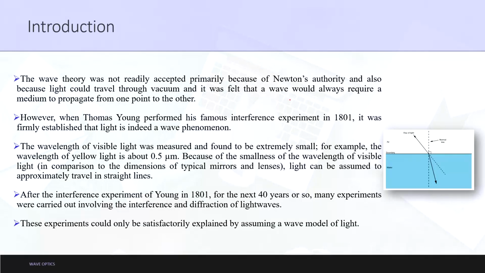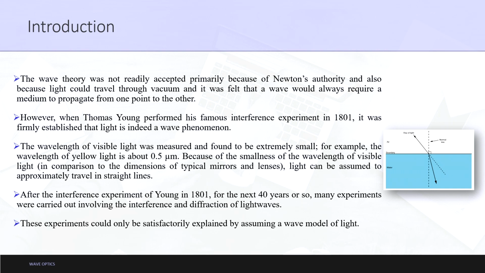Let us suppose that the resistance had been complete and Newton's authority had completely dominated. Then maybe there would be no wave optics chapter today. But when experiments were performed, we got to know that there were many insights in the wave theory of light, and because there were many proofs for it, this authority was neglected and wave optics advanced.